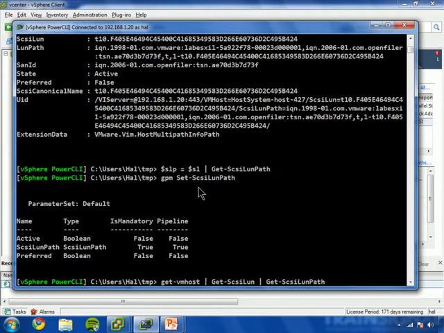And if you wanted to, you'll have to do some filtering in here in order to make sure that you're getting the right piece of information out. But let's say that you had a device ID that you'd be able to fit in here, whatever LUN type, whatever, and we'll just say that this results in a match of 1 in your particular environment, and then pipe that to Get-ScsiLunPath,